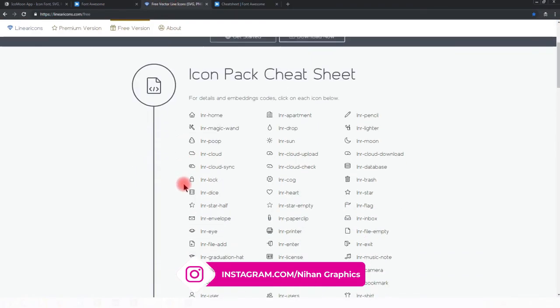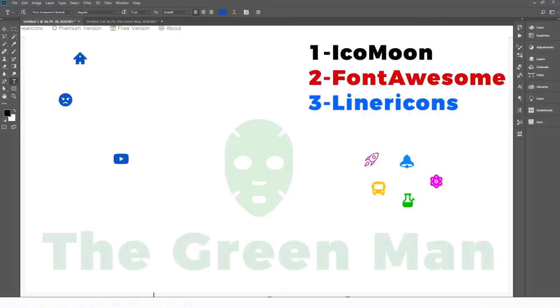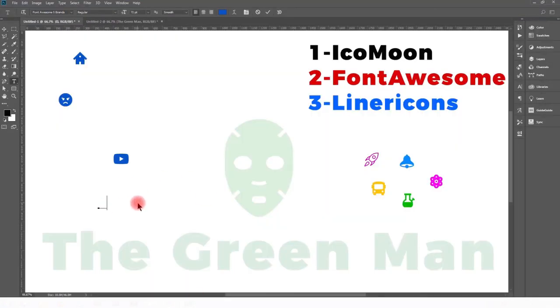And here is the final one. It is very easy because all you need to do is write down the name of the icon that you want to introduce. So if I want to introduce the eye icon into my Photoshop, all I'm going to do is write eye, but it should be in the linear icon format. So just select linear icon and you can see the eye shape. Okay, so let us take another one. Here I have shown a rocket, so let us write down rocket. It is going to convert it into an icon.